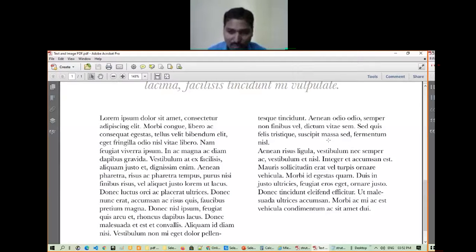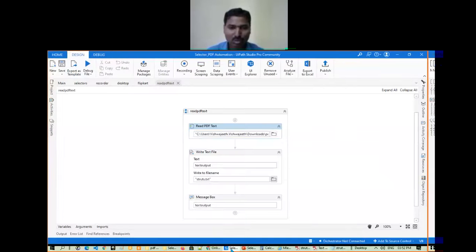So in these kinds of scenarios where a PDF document has text plus image content or only image content, then read PDF text is not going to help you. Instead, I need to go with another activity called read PDF with OCR. So that is what we are going to check now. Let me go back, create a new sequence